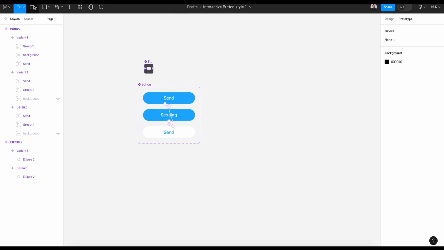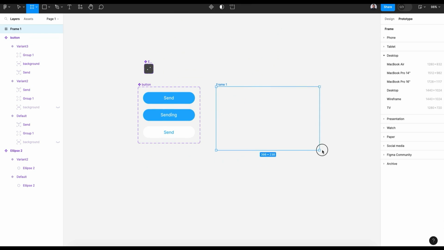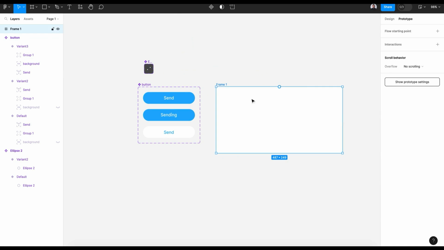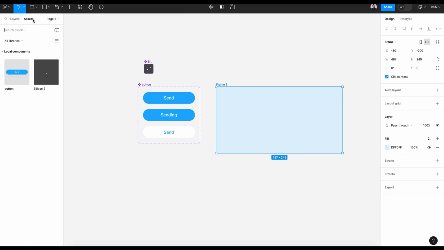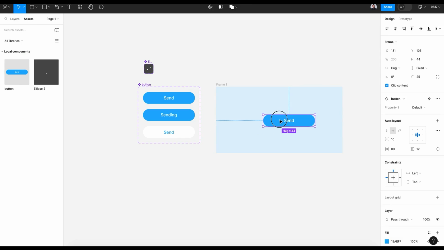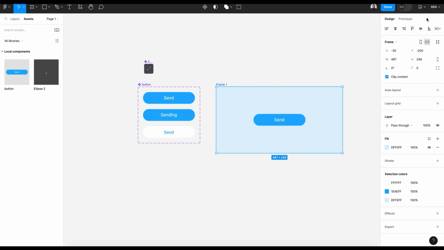Alright, to test this interaction, let's create a new frame, and let me change its color to a light blue, and let's go to assets and drag and drop our button. Now select the frame, and let's go to present, create a new preview window. Alright, so if I click, I'm gonna get this, let me zoom in, then I get this test state. Let's click again, it goes back to the default, then if I click, alright, as you can see,